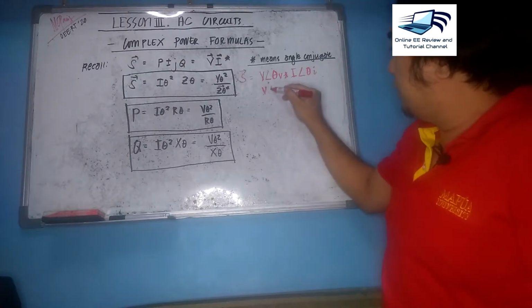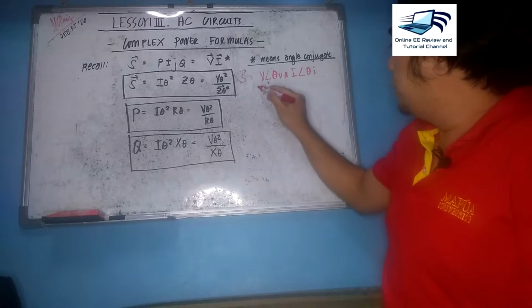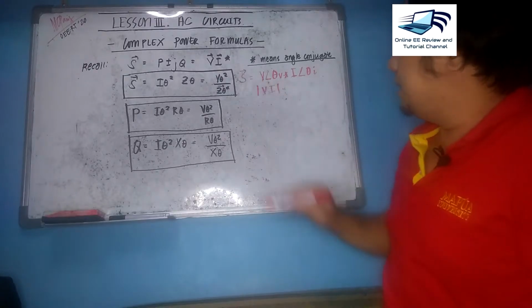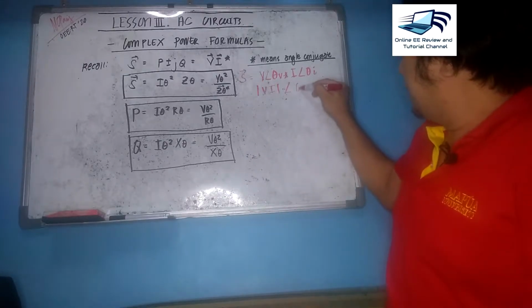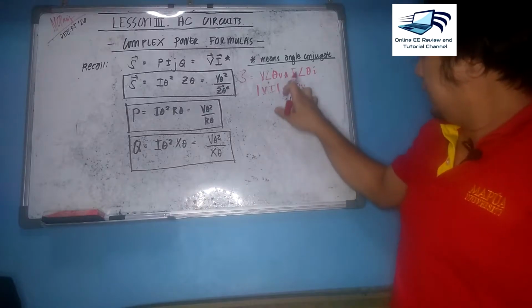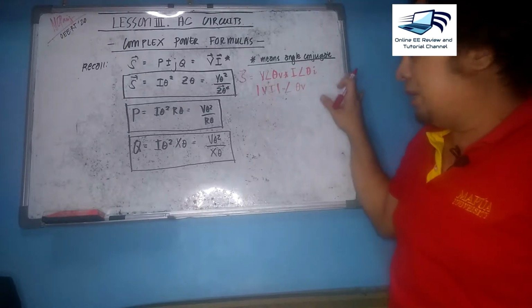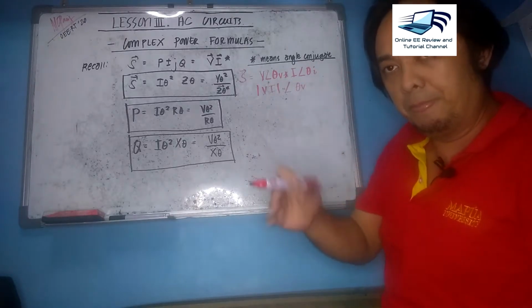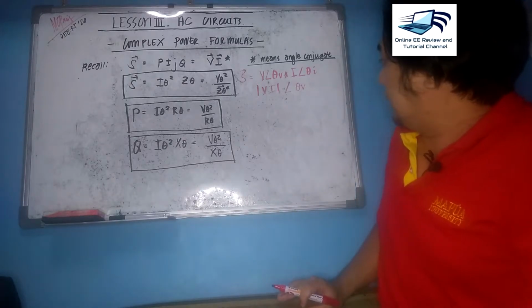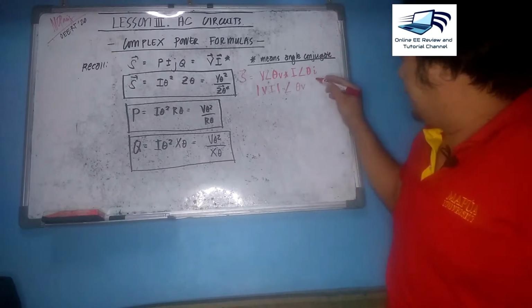It's clear that VI here is the magnitude of your S, but for the angle, if you multiply based on the rules on phasors, you need to add